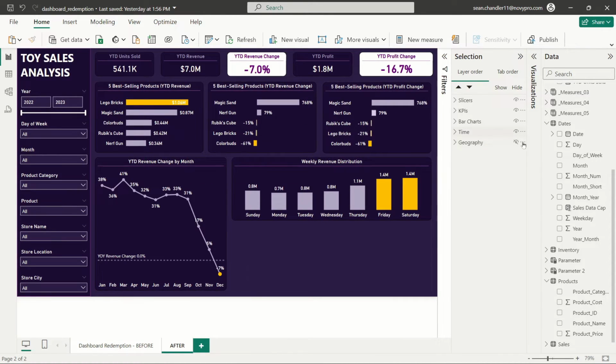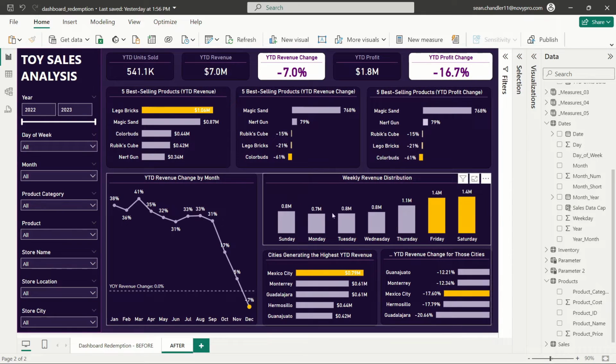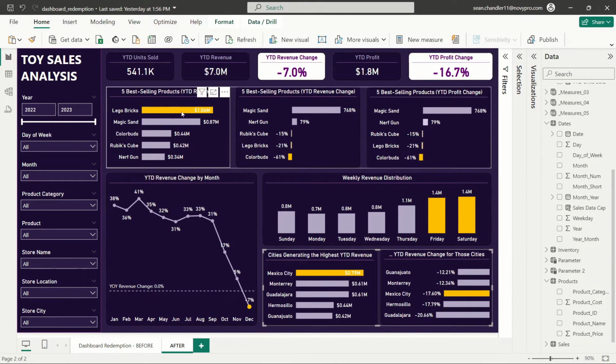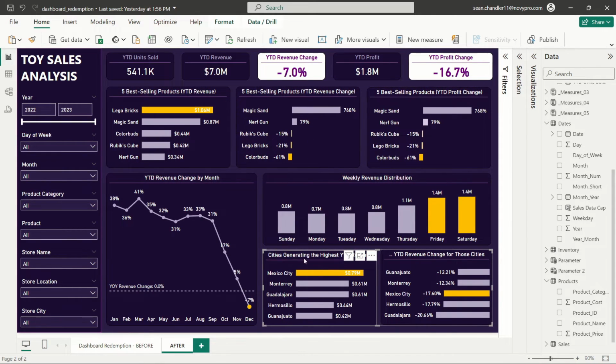So instead of showing maps, I went back to bar charts so that you can easily see that the cities generating the highest year-to-date revenue are Mexico City, Monterrey, Guadalajara, Hermosillo, and Guanajuato. And of course, I also chose over here, just like I did up here, where I focused on just the same 5 cities, I wanted to also show the year-to-date revenue change for those 5 cities so that we can say, okay, Mexico City, hey, it's our highest revenue generating city, but that's still